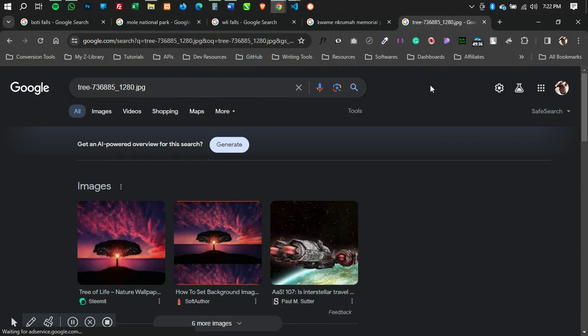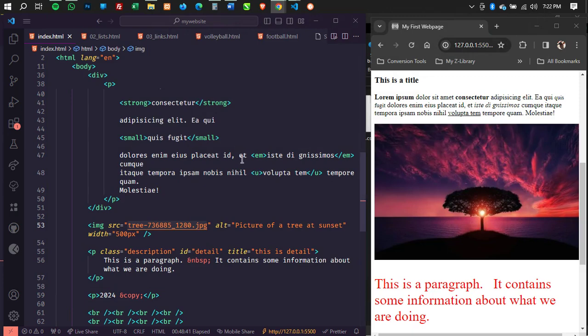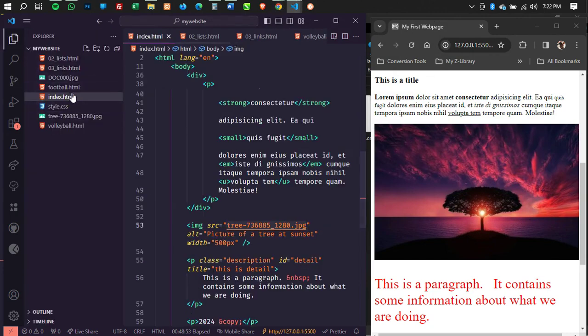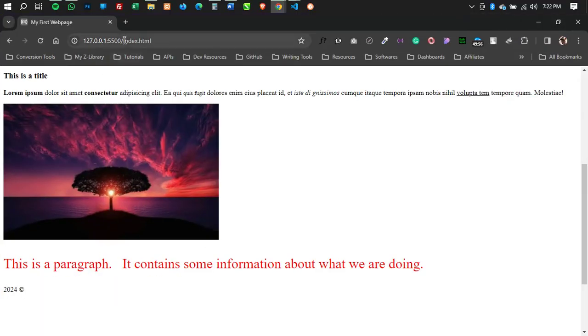Are you getting it? Because that link I have pasted over there is not absolute. It's with reference to my working directory. And so for me to be able to access that particular image, I have to include the source URL. Are you getting it? And in this instance, my source URL is my local IP, which is 127.0.0.1, running on port 5500.